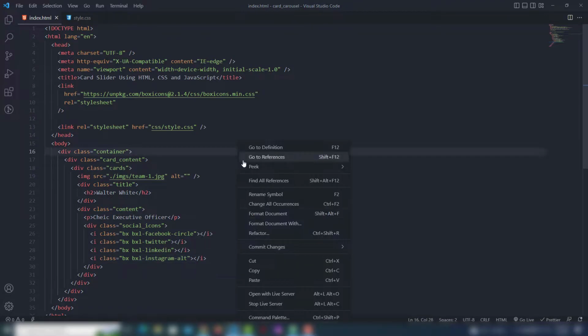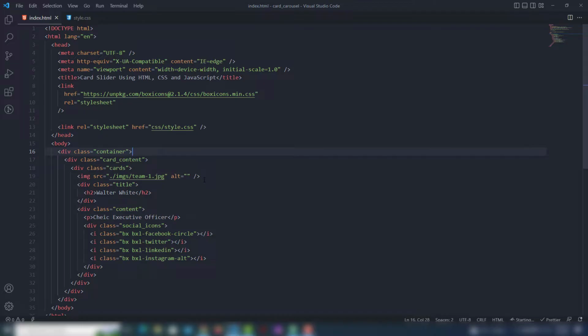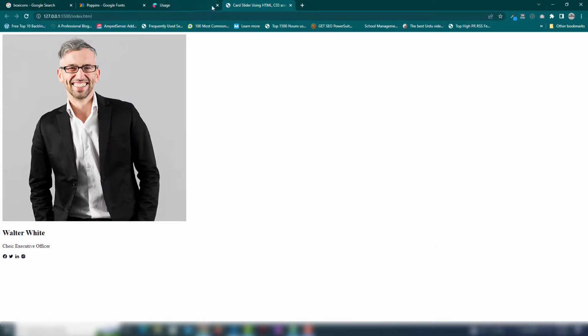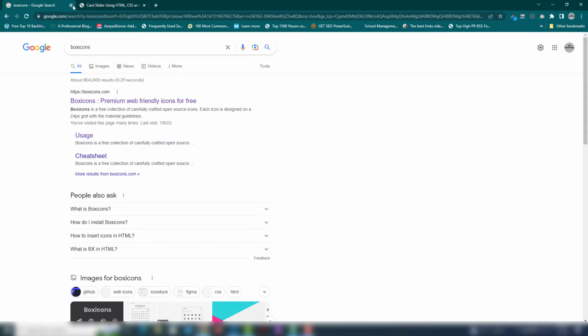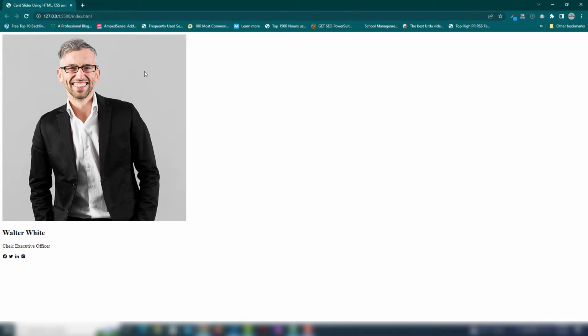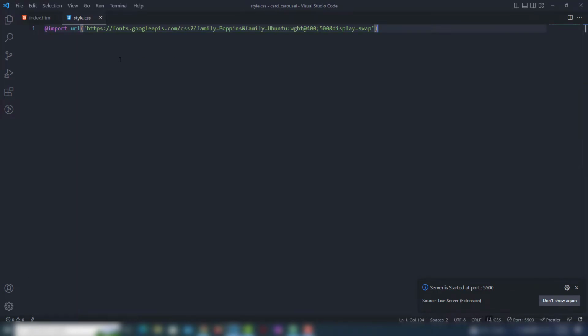So let's see the output of that on the browser. So we are able to see the simple image and content. So let's get started to add the styles inside my